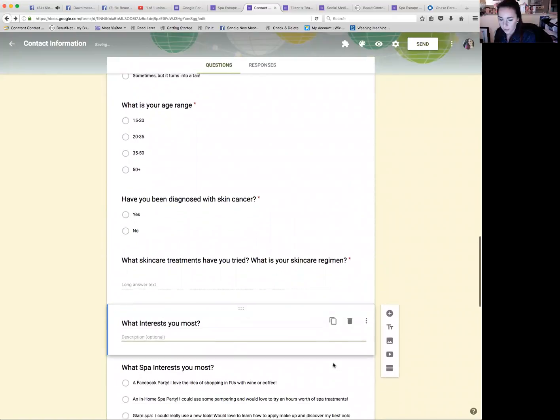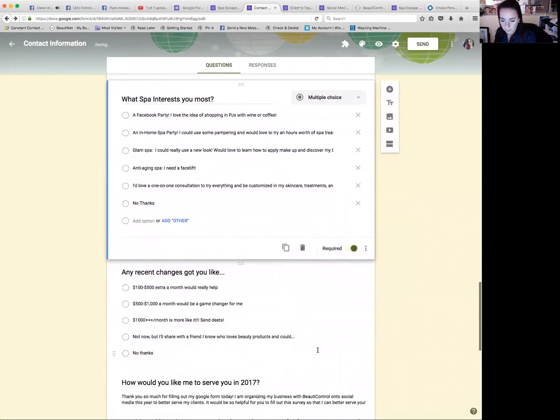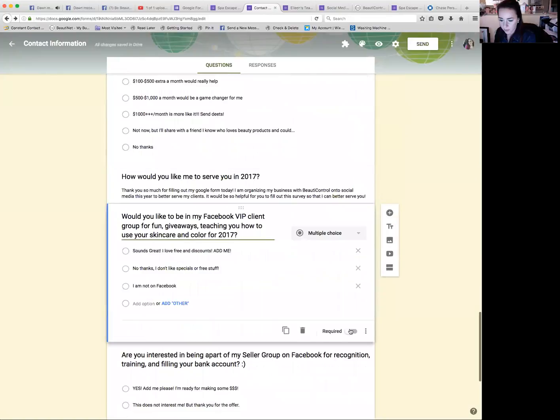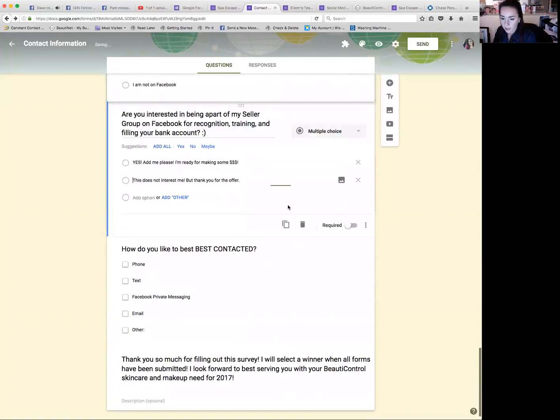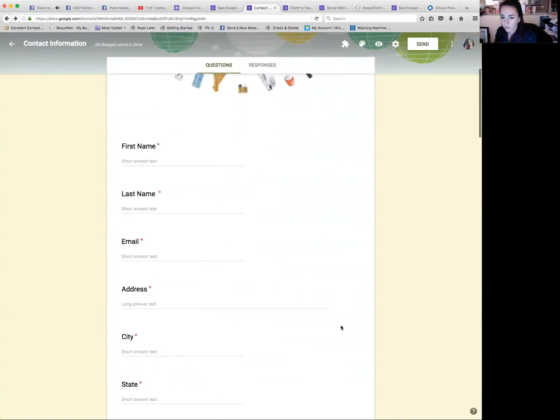And you know, this form is only taking me maybe about 30 minutes out of my day to make. I've made quite a few of these now, so sometimes the first time you make one, it's going to take about an hour, but then after that, you get really quick at making them. All right, so now all of those are required.